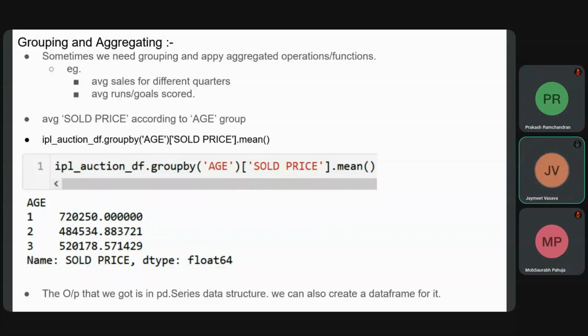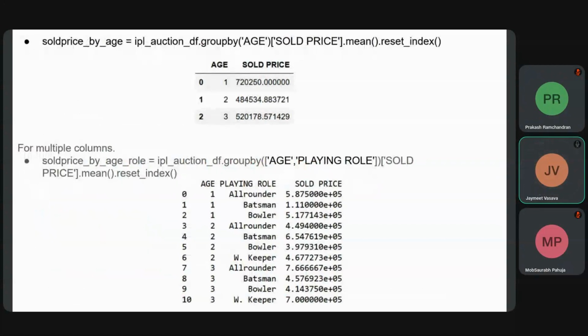This is also the output in a pandas Series data structure, and we can create a data frame for it using reset_index. For the same code we have used, after mean we can use a dot reset_index, which will use the same index which was originally in the data frame, and it will give us the data frame representation as well. For using the